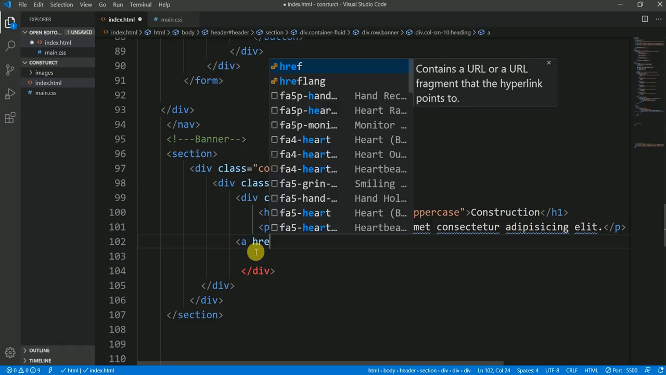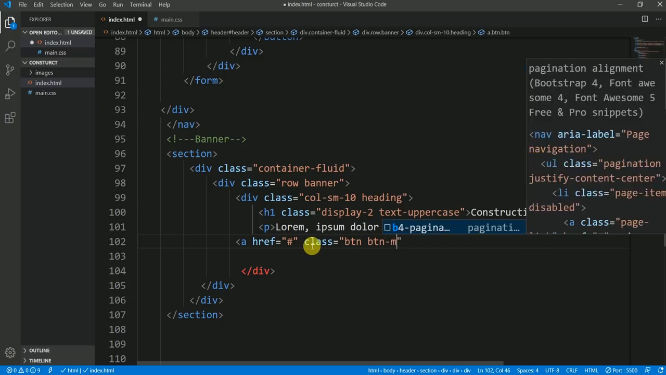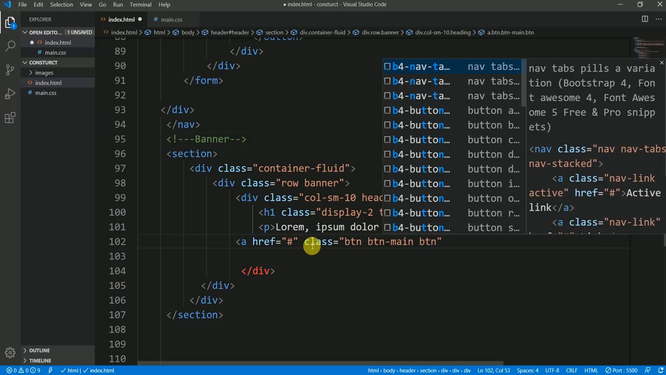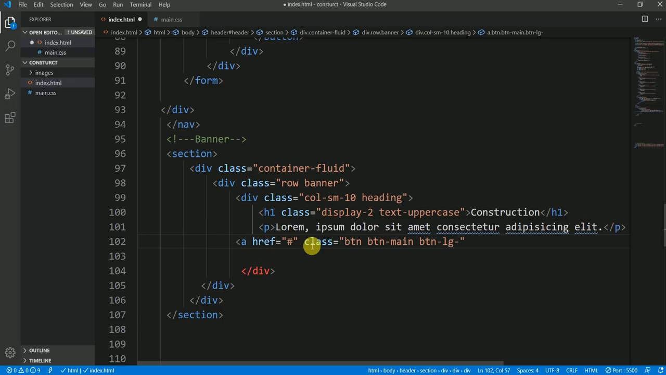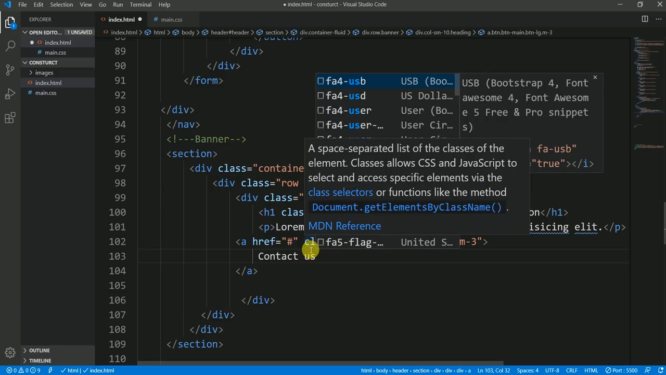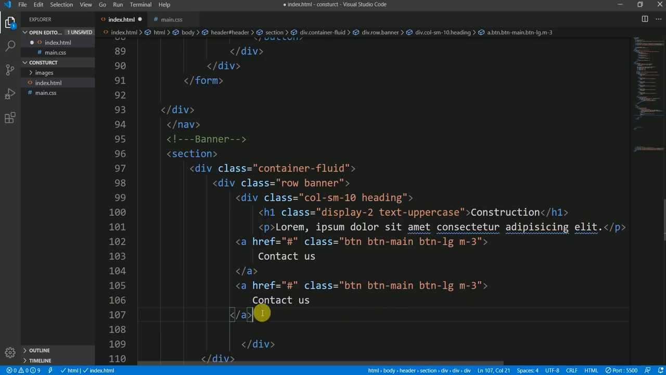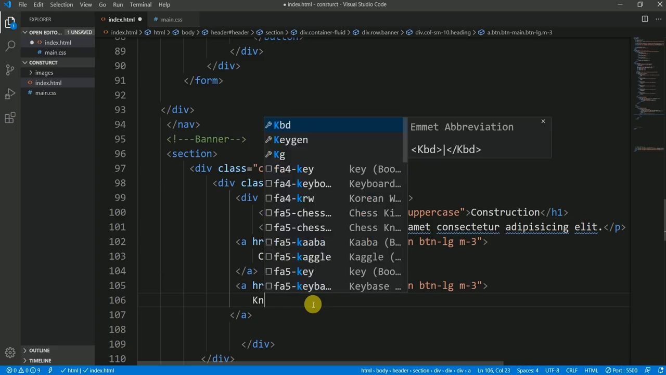One should be an a href, and I don't want to assign any value to this, so I'm saying class of btn, then btn main. I want to use this class in my CSS, btn large LG, and then margin of 3 from all sides, and here I should say contact us, and then I want to go with another button. For this, let me copy this and paste it here, and I just want to change the text of this button. This should be no more,